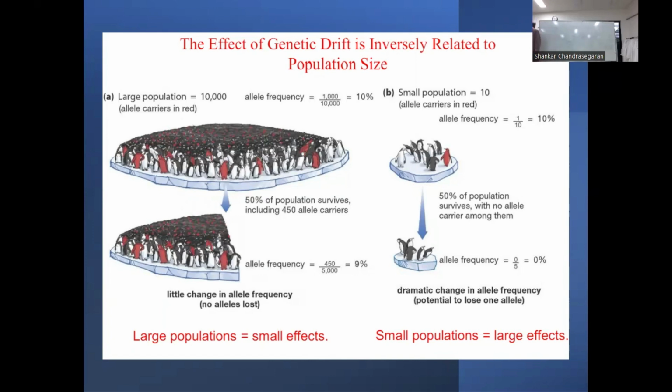Whereas in this big population, that unique allele is still present, where basically no alleles have been lost, right? That is why I say the effect of genetic drift is very prominent in small populations and has a